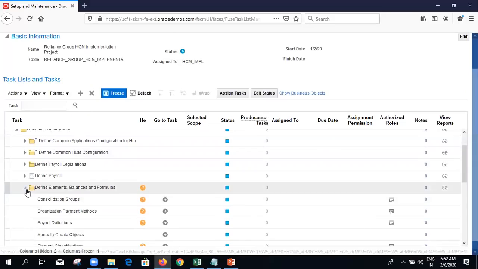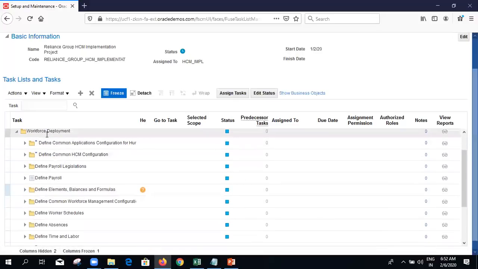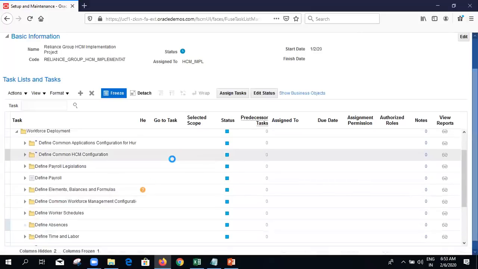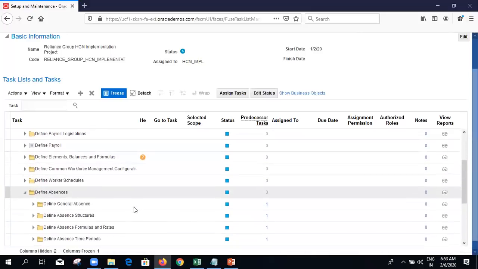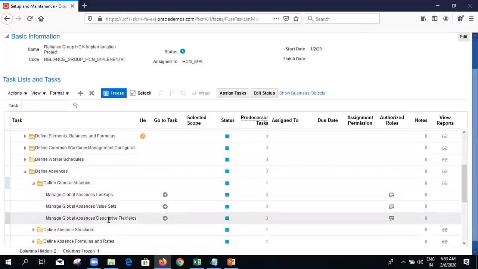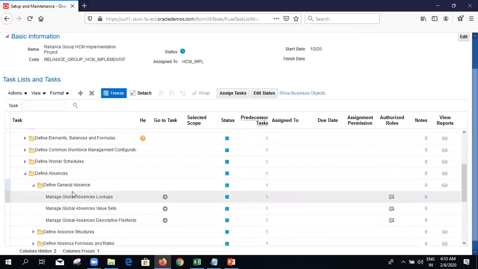Under the workforce offerings which we attached, we can see the tasks grouped by similarities. I mean, all the similar tasks will be grouped under one banner. So define absences. If I expand here, I can see the absence plans, lookups, values. These are all the tasks only.